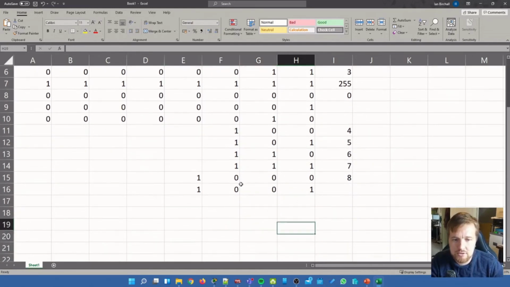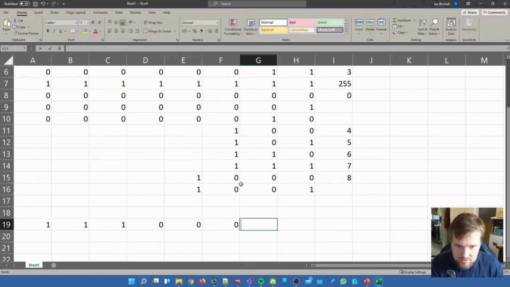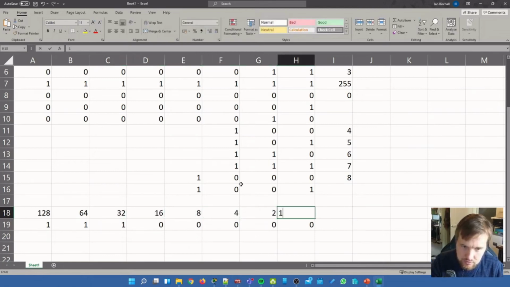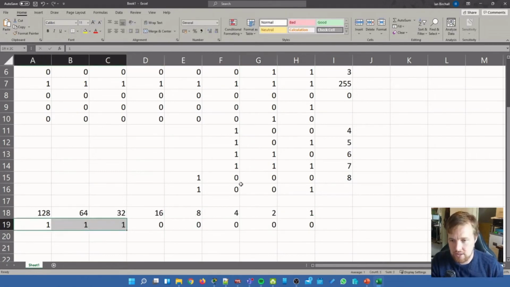I mean, you can still use the same concept. So let's say we get given the binary of 11100000, and we wanted to convert that into decimal. As I say, we just put our 128 table above it: 128, 64, 32, 16, 8, 4, 2, 1, and then we just add those values up. Brilliant. Okay, so this one's going to be 128 plus 64 plus 32, so that's going to be